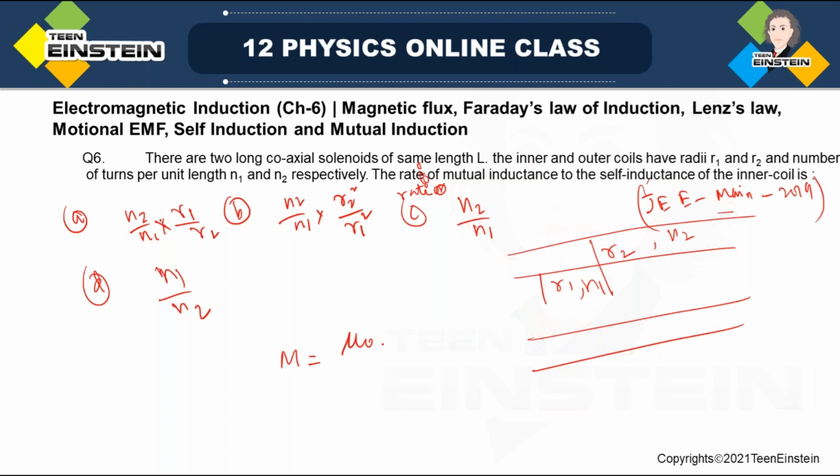So mutual inductance will be mu0 n1 into pi r1 square, since it is for the inner coil. And what will be the self inductance? Self inductance will be mu0 n1 square